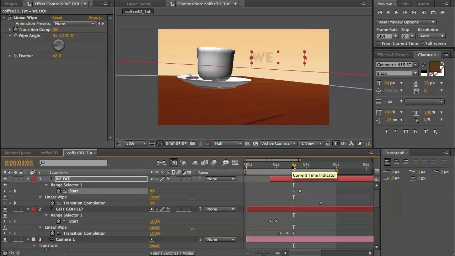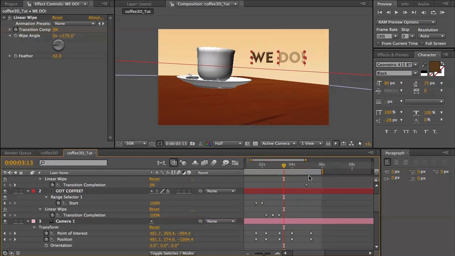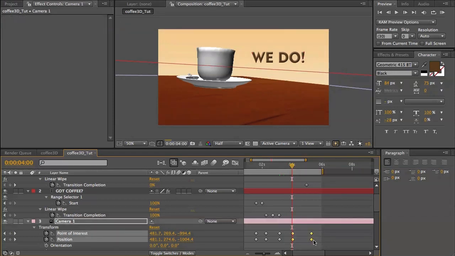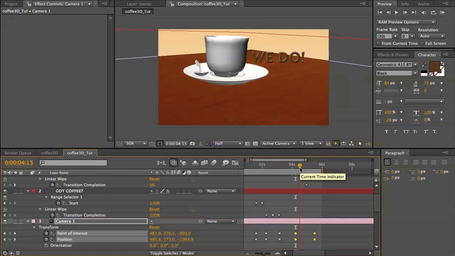Have it say we do. Now we're going to have some coffee pouring into the cup right here. So what we're going to want to do is maybe just give this a little bit more time to have the coffee come in and pour. And then starting right here, as the coffee cup starts to move, right about here we're going to want to set our keyframe